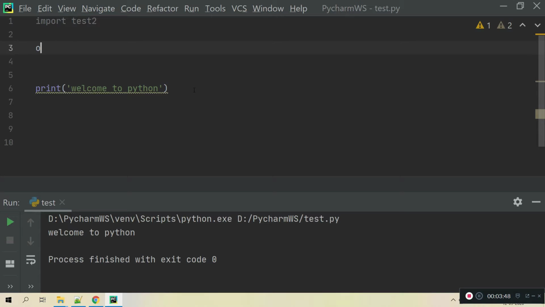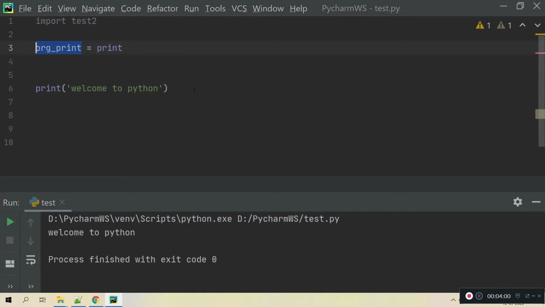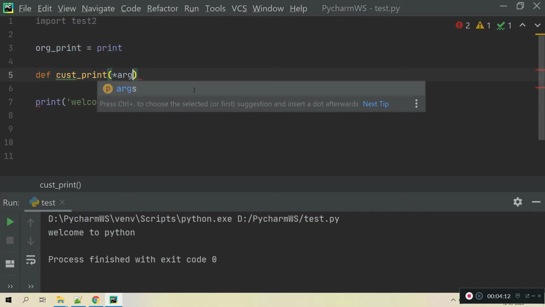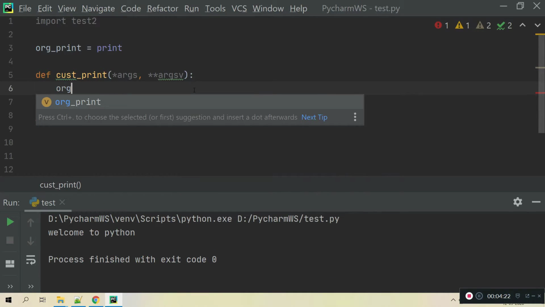Before monkey patching, I will take a variable and keep the print method behavior. So I am copying the print method behavior into original print. Here this is my new custom method, custom print, which takes all the arguments and variable arguments, and here I will call the original print method.